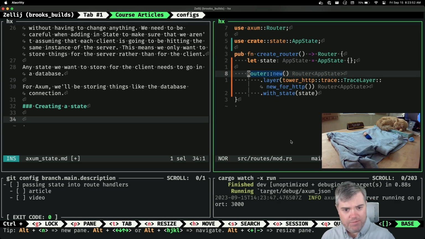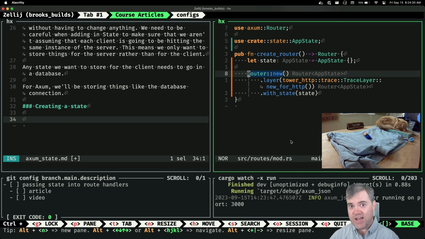And I think there's a lot of people who are confused about why state has to implement clone. The answers I usually see reference the multiple threads, and that it has to be cloned to go through them, from a very technical level of how that's working. But if we go back to the previous discussion about having many different instances of our application running, it also sort of gets explained at that point.